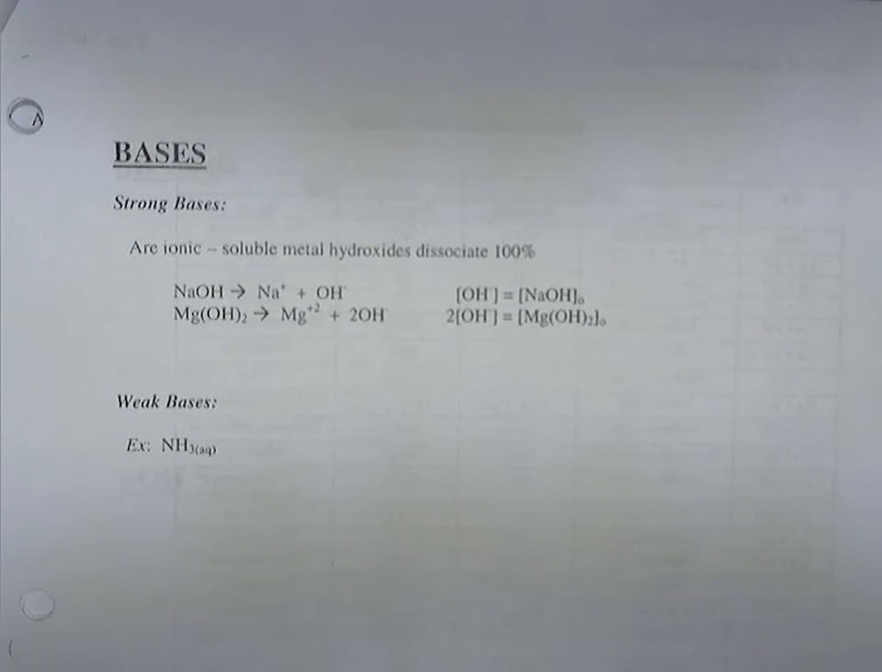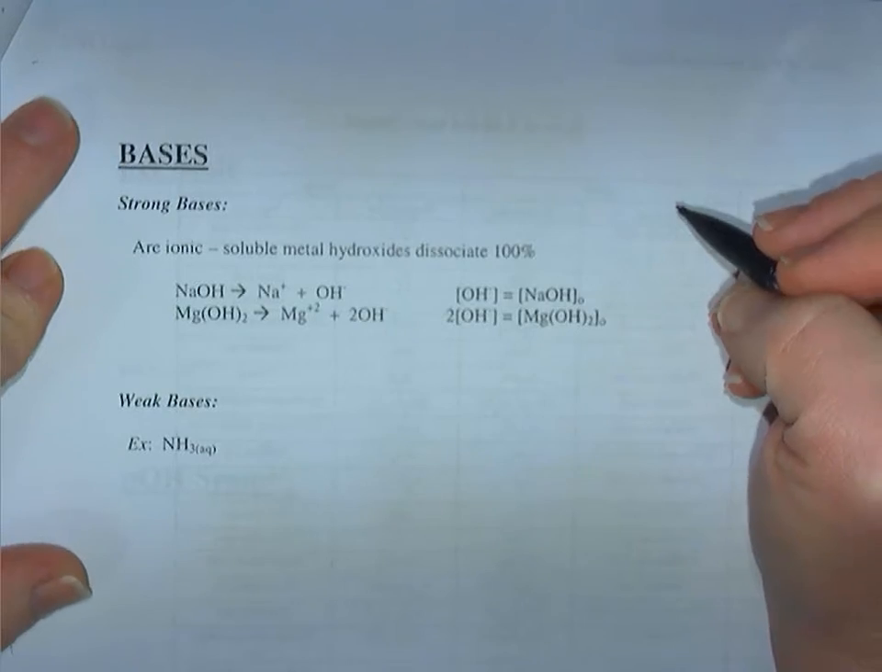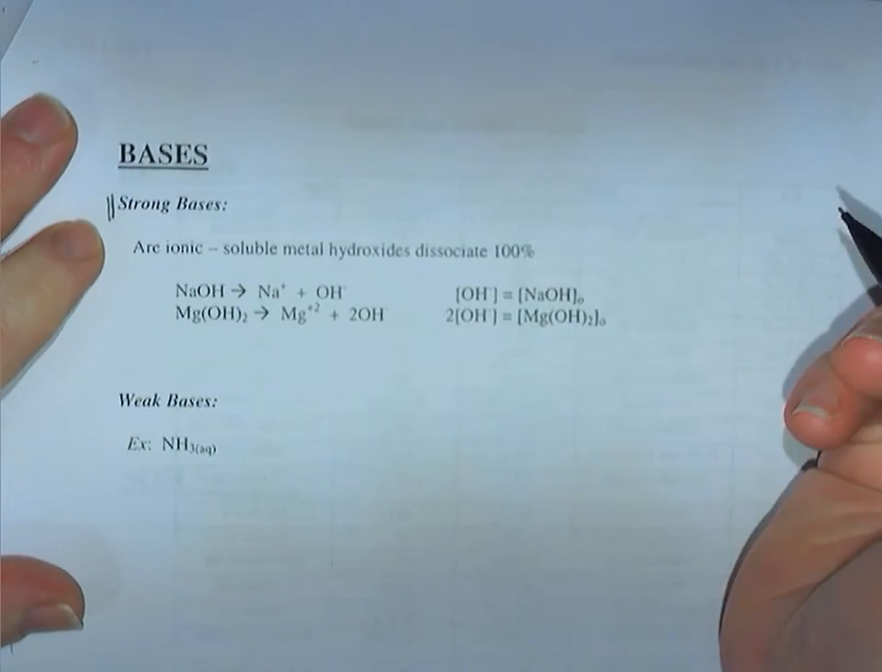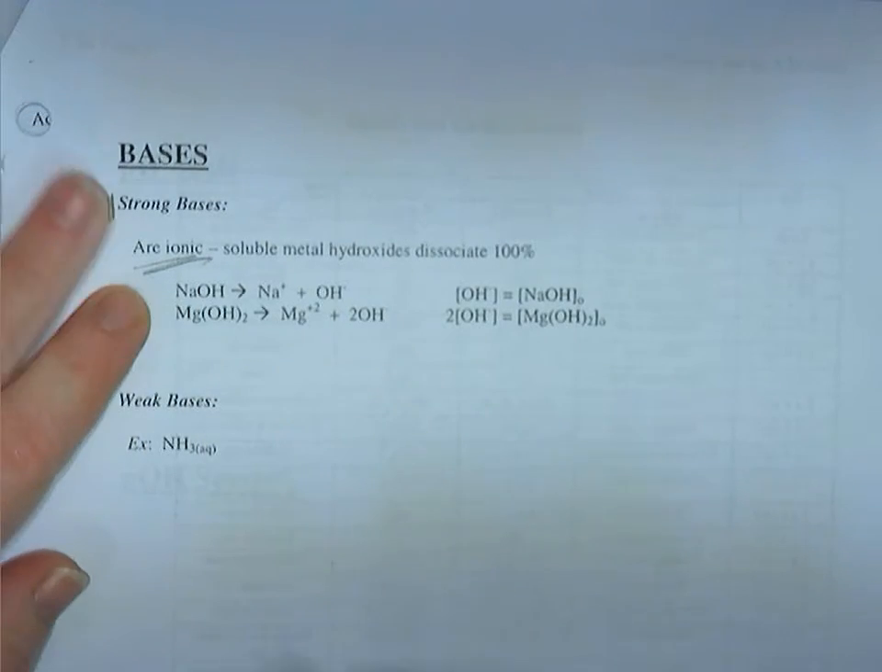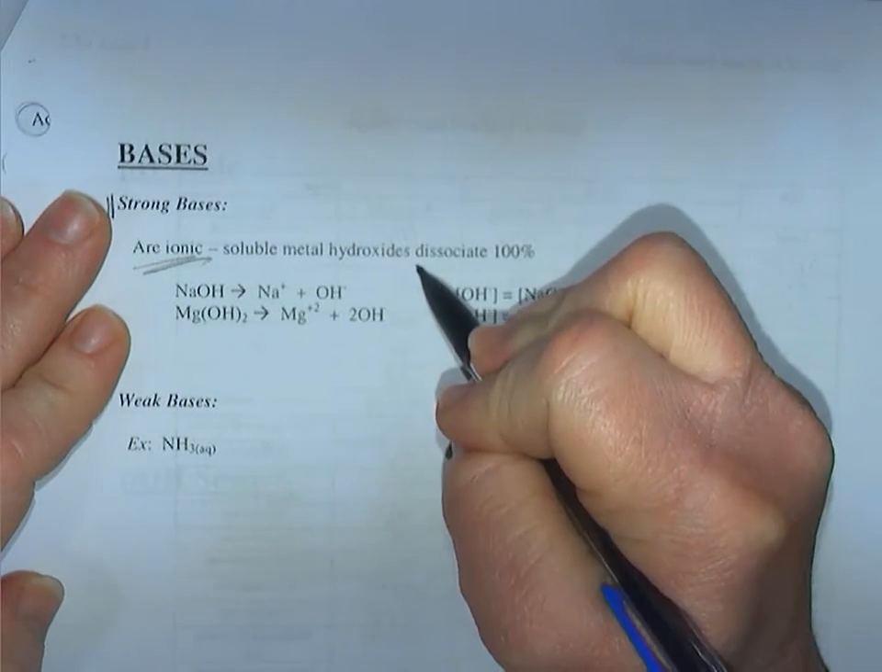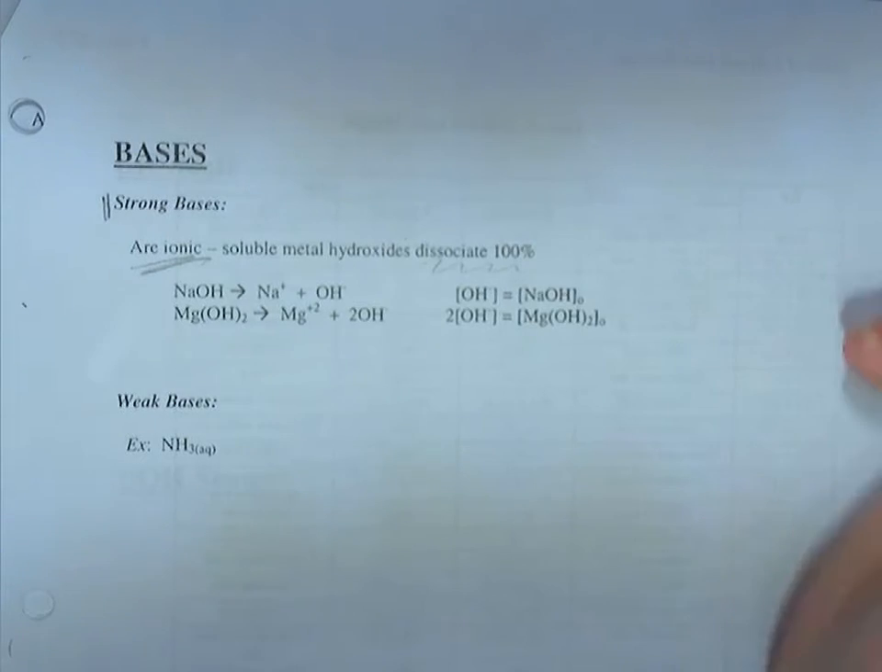This brief video addresses bases. Our strong bases. The strong bases are all soluble metal hydroxides, and they do dissociate 100%. So if we recall, we can use the aid of the periodic table, and